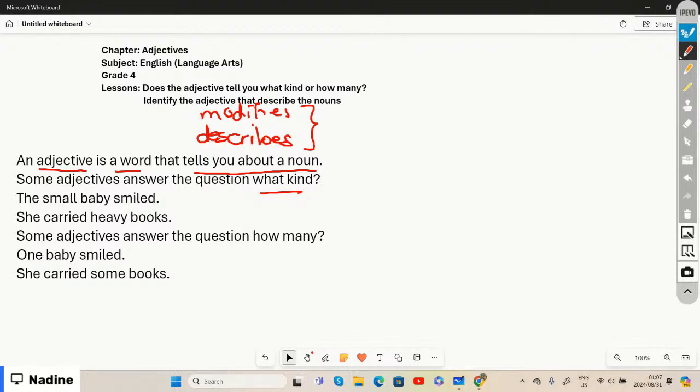A type of dress or shoes, it is what kind? So when it comes to adjectives that answer questions like what kind,